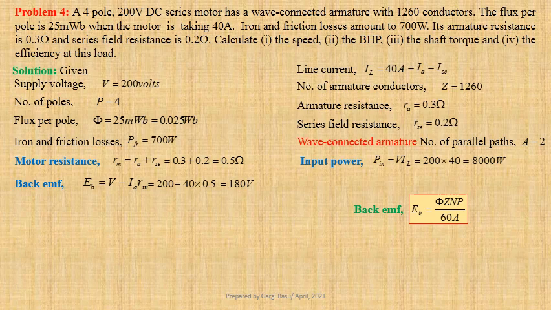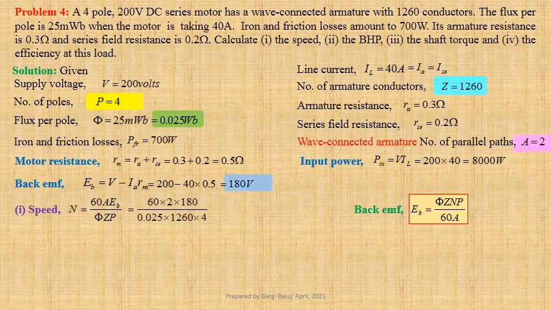Therefore, the expression for speed will be N equals 60A EB divided by phi Z P. Using values we get 60 into 2 into 180 divided by 0.025 into 1260 into 4, that gives us